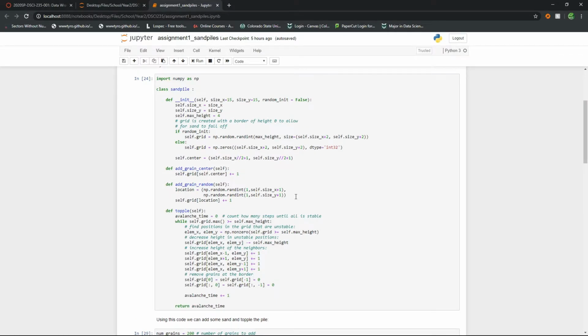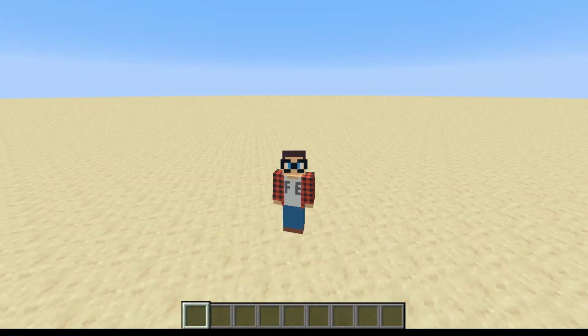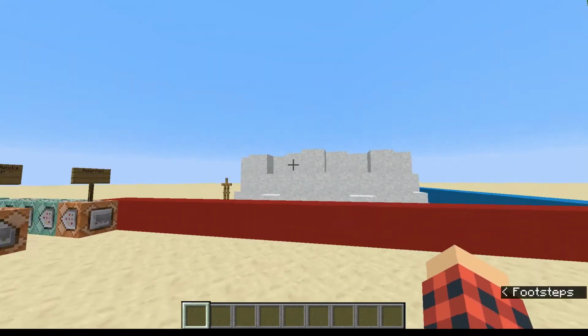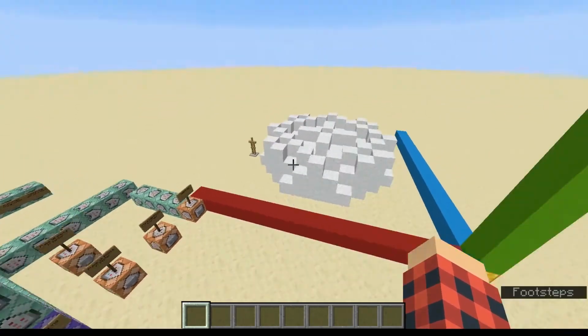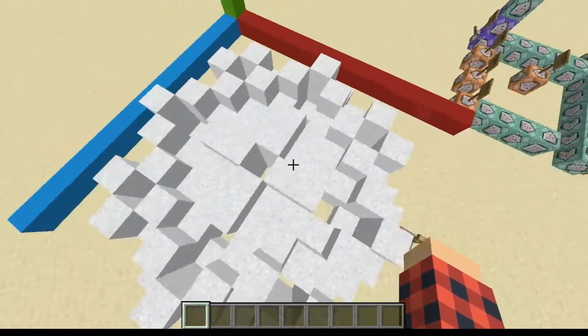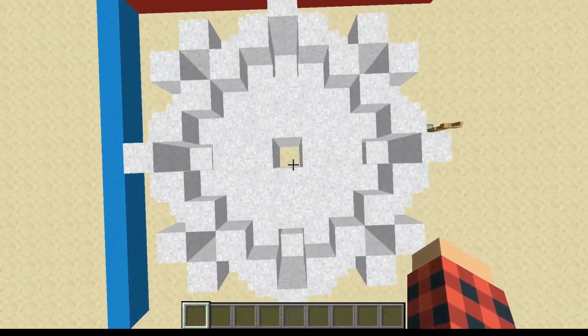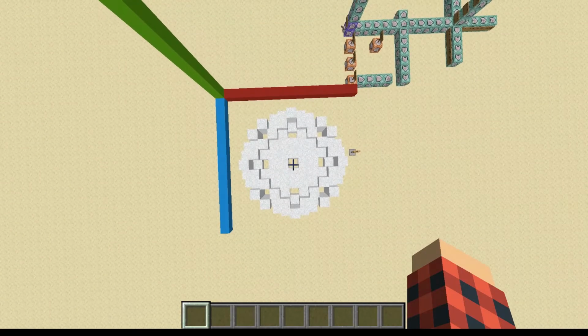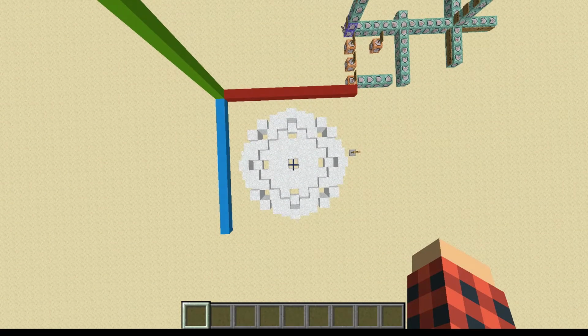So let's hop back in game and take a look at it. Okay, so I'm back here in game, and let's take a look at what I've been working on, and you can see it over here. If you remember that graph in that Jupyter notebook, it looked a lot like this. And that is actually because, and I'm not going to show it on screen because it takes forever, and I'll explain why in just a second,